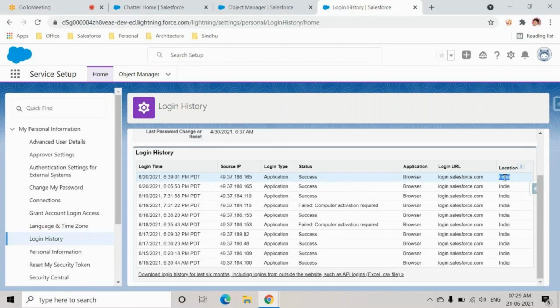But the problem is, by any chance, if your organization is running an audit, they'll come here and pick it up. Because if you see here, I can get the entire login history for the past 6 months. So I can trace everything. And then you can change the login access, all these things.